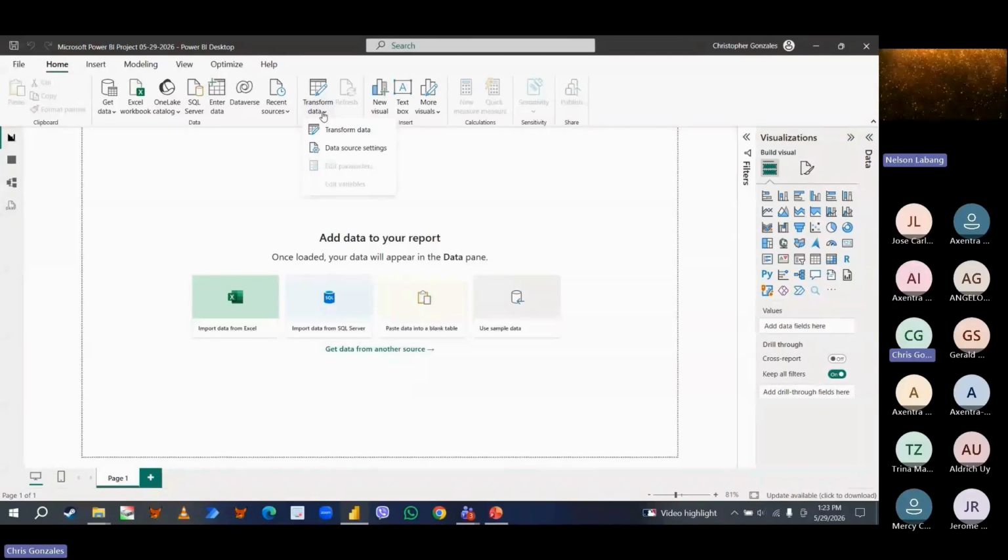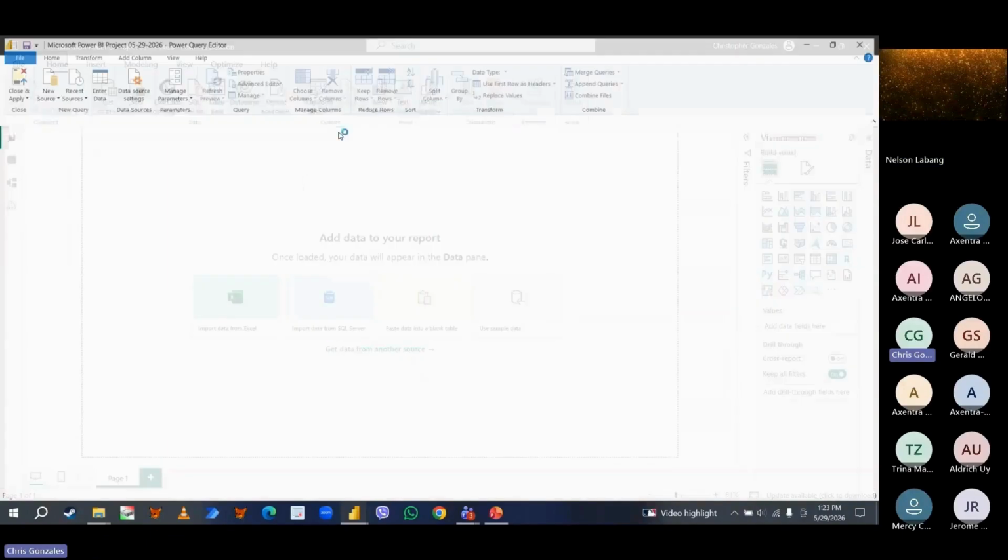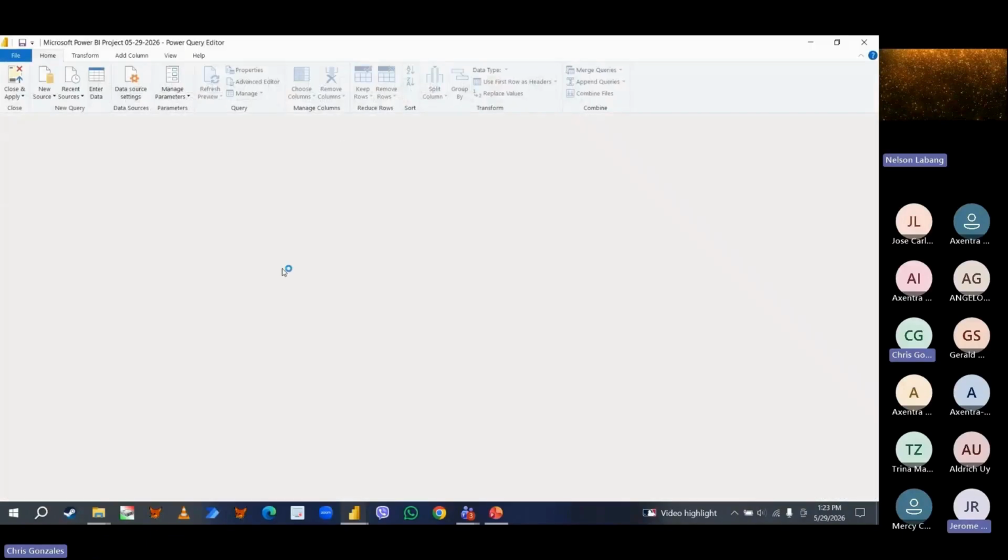Now, when you click transform data, we have the link here. Let's click the transform data button. It will open another window. Currently, we don't have any data yet, as mentioned. But once we import a single table, we can see a list of table names and the content for each table over here. So this is the back end.